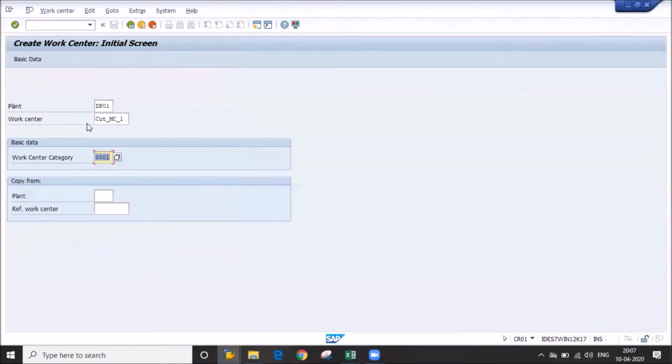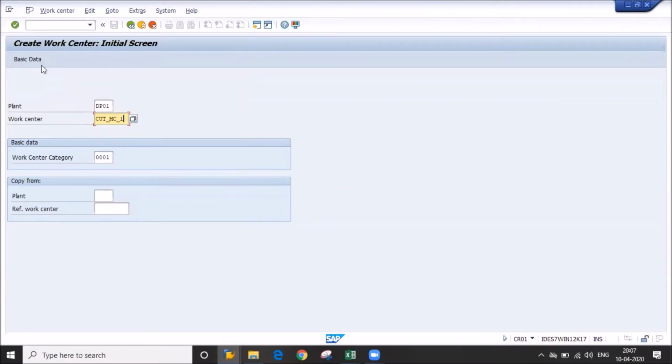Yes, sir. Here the machine is the laptop, or we can say the work location. By using the laptop we are also labor, so this is a work center.